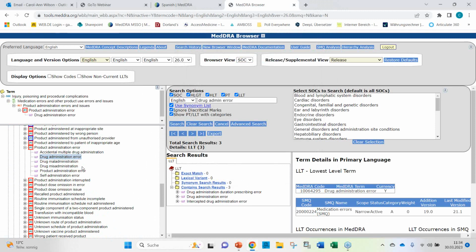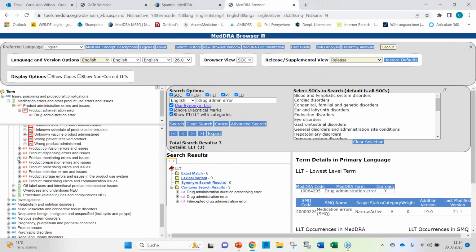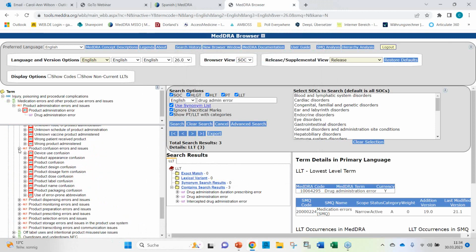And product leaflet instructions confusion was one option, and some of you voted for this term. But you see here the product confusion errors and issues are grouped under this HLT. Here you find the product label confusion and product leaflet confusion as well. But this would not be appropriate because nothing was wrong with the label.